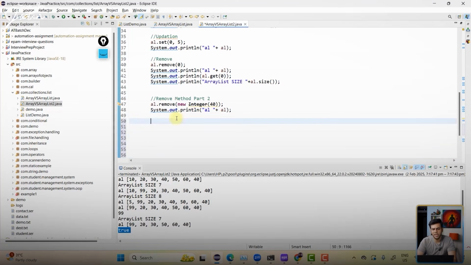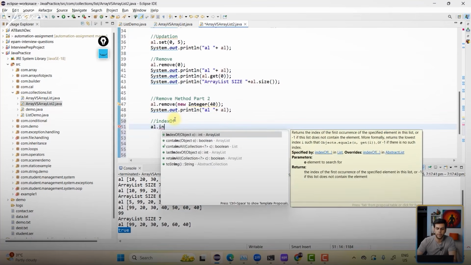Now, another method which is there in your collection, particularly for your array list, is the indexOf method. So I can use it something like this: al.indexOf. It is going to give me data in integer format, an integer value, not an object value. The indexOf method requires an object.